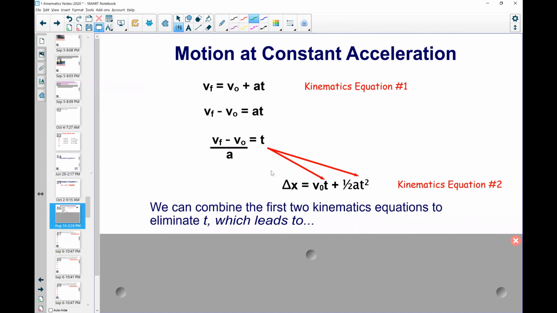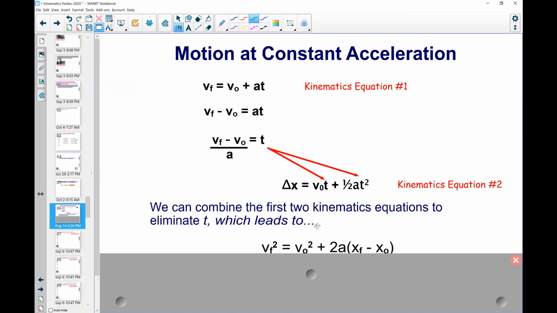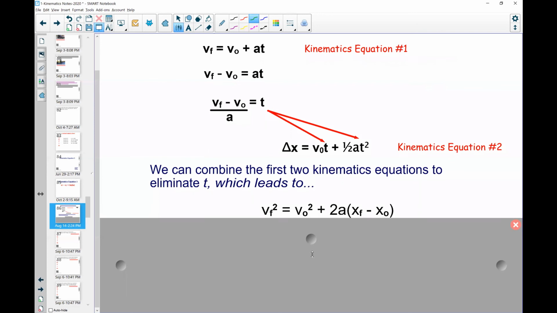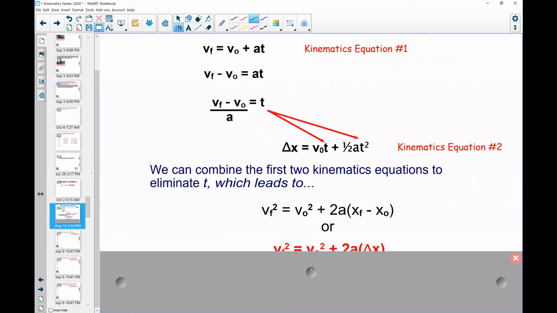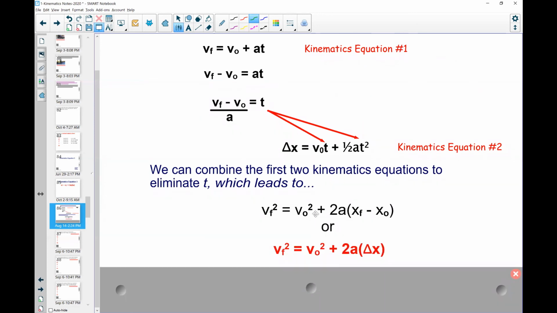So if you substitute (vf - v0)/a into the t here and into the t there and then square it, and you break down the algebra, so you'd have to square it in the one and then just multiply it out with the distributive property in the other. You have to go through a fair number of algebra steps. I'm not going to show you that all in class in the notes today, but this is what it ends up doing. It cancels out the t's. Like I said, I'm not going to walk you through it because it's a lot of algebra,